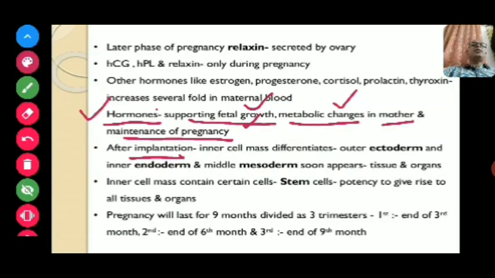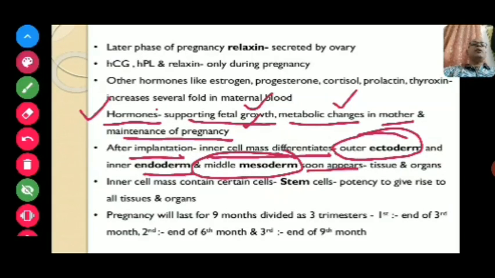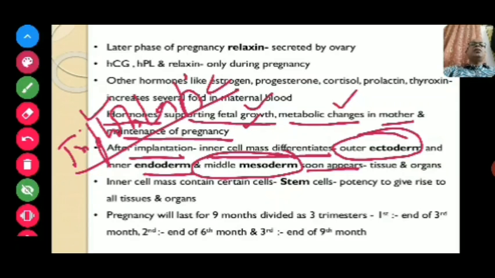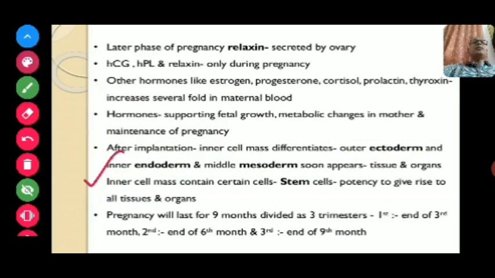After implantation, the inner cell mass differentiates, and the outer ectoderm, inner endoderm and middle mesoderm soon appear, and that's why they are termed triploblastic animals. On the basis of these germ layers, ectoderm, endoderm and mesoderm, groups of organisms or animals can be divided into triploblastic or diploblastic. The inner cell mass contains stem cells,